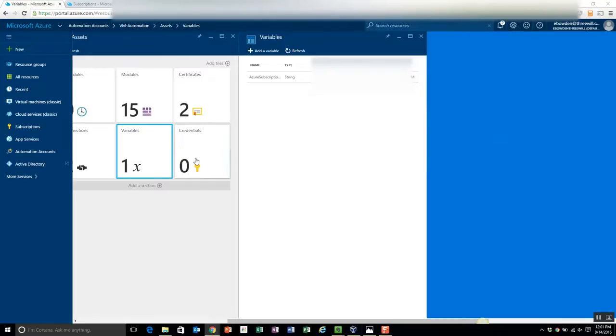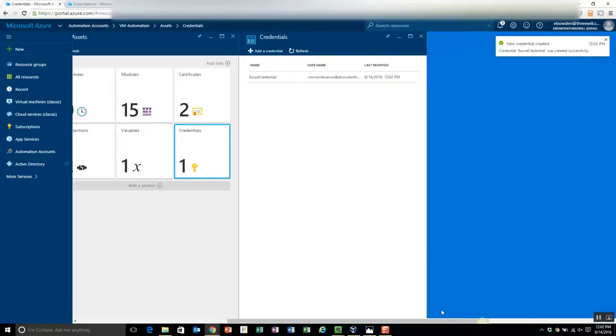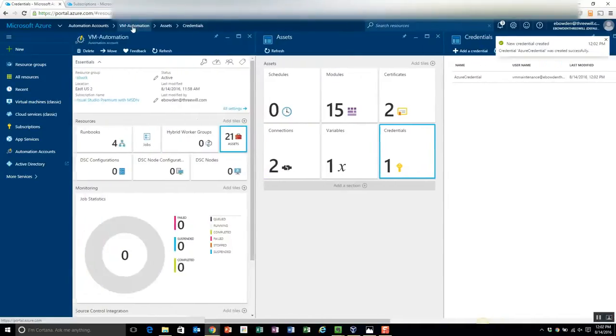Next, we're going to need to create a credential, which will be used to run the runbook. So I'm going to click Credentials, and then click Add Credential, and we're going to name this one Azure Credential. And I'm going to add in the VM maintenance account that I created earlier. Create that. So now we've created a variable and a credential, and our next step is going to be